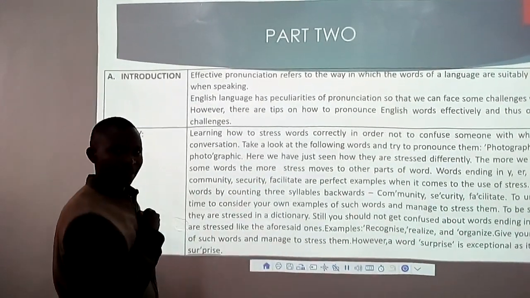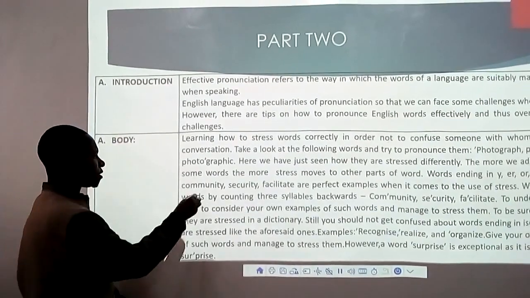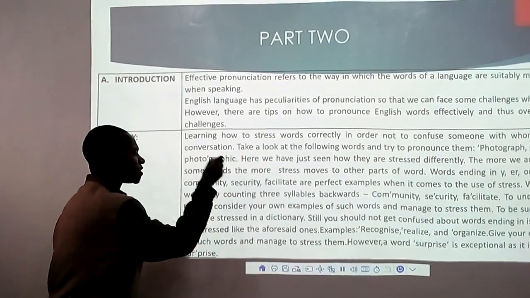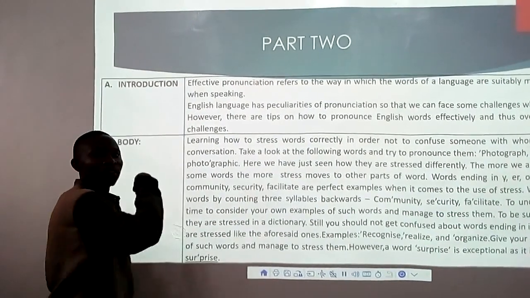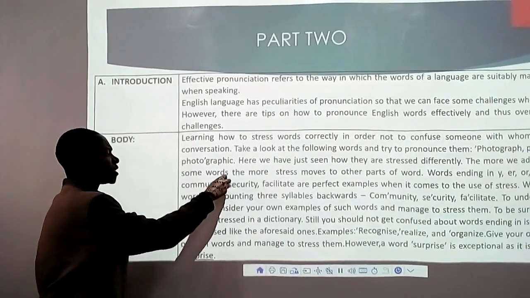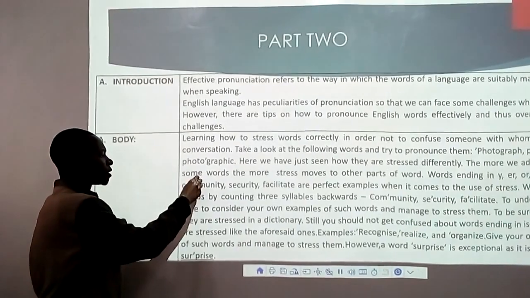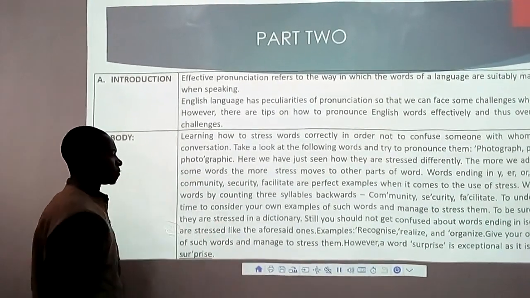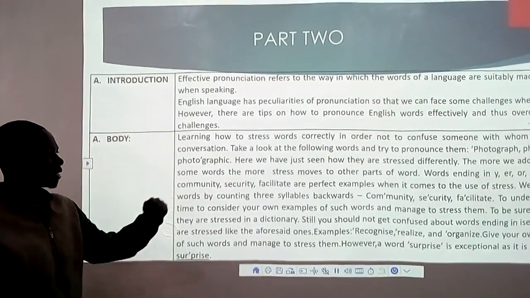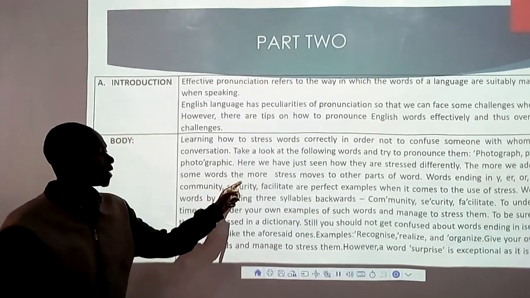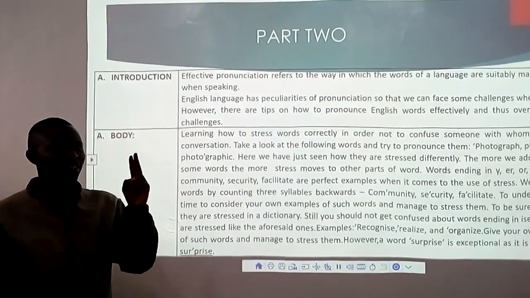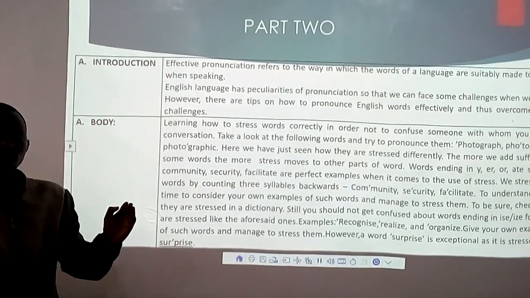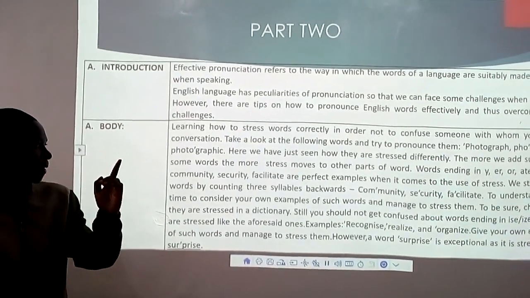Facilitate. Now the stress is here, and the stress is here on purity, because of what? Because of this y, and because of this y. That's why the stress is here. Community, you understand? Security, purity, unity. They seem to sound alike when it comes to stress. Now,